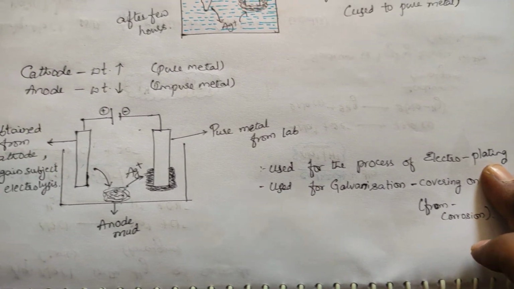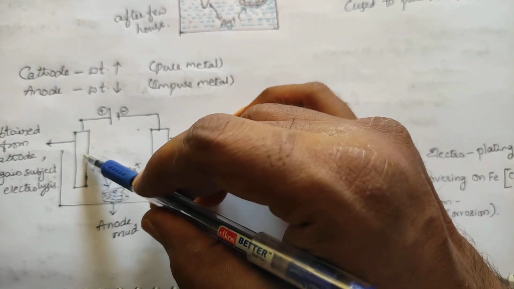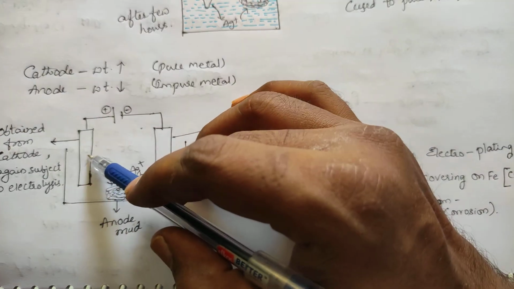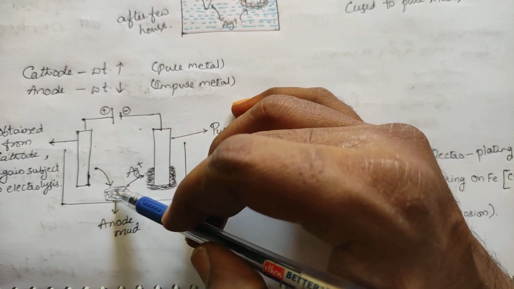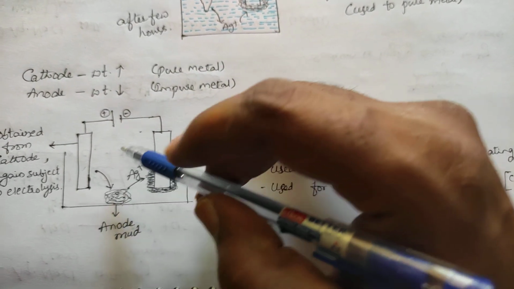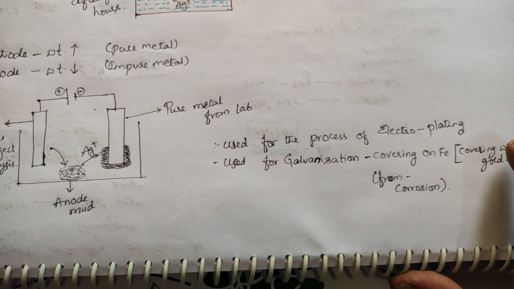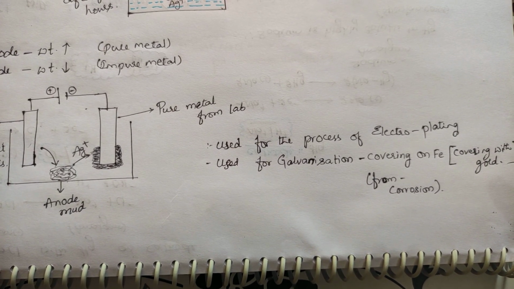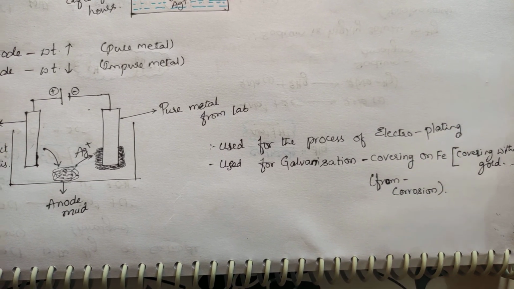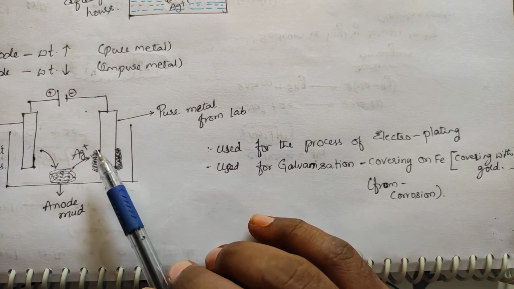So if you take gold here, and silver there, and subject it to electrolysis, what happens? Silver gets deposited here. You take any steel, and here you take gold. Gold from the impure gold gets deposited on this electrode, and the impurity will be left out here. So you will get a gold cover on this. That is what we do in covering metals. Gold covering, you will have heard of it, no? Those are not gold; they are covered with gold plating, right? This is the way this process is used in plating, electroplating.